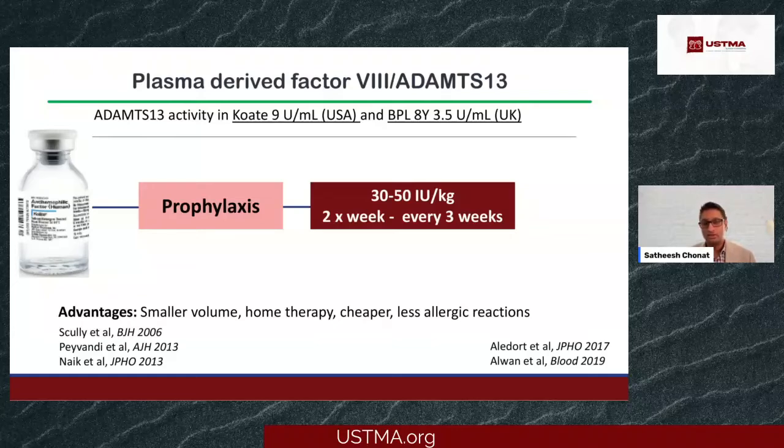But they also contain a small amount of ADAMTS13. So they have about 9 units of ADAMTS13 in COVADE, and a smaller amount in the BPL. What's used in the United States in a few patients is for prophylaxis. And they give it in a dose of 30 to 50 units per kilogram, and the range seems to vary quite a bit, between about twice a week to every